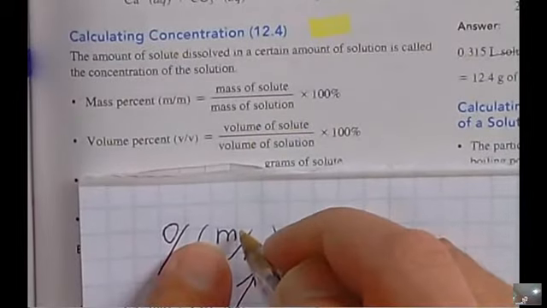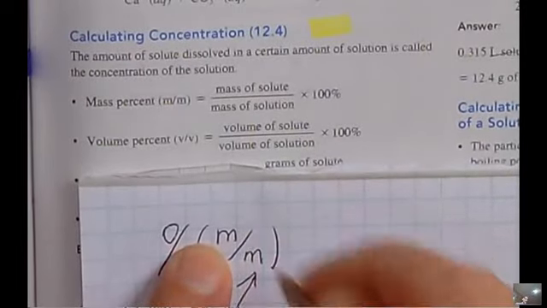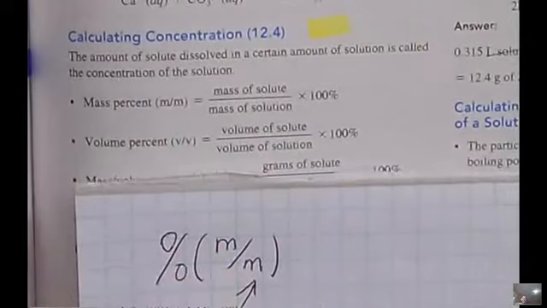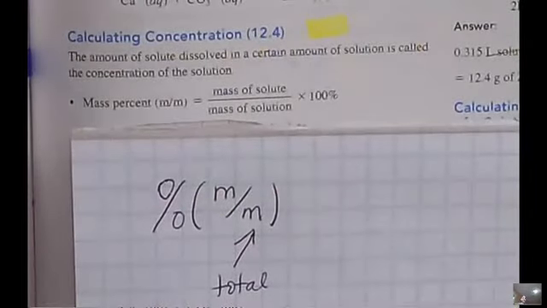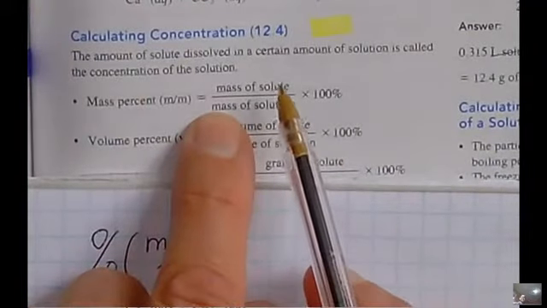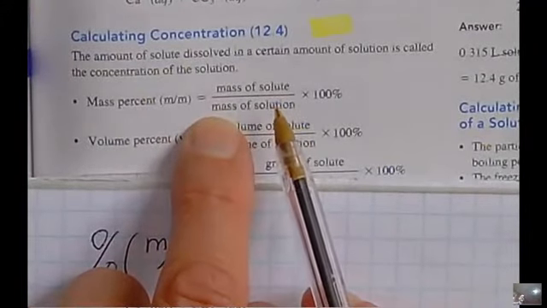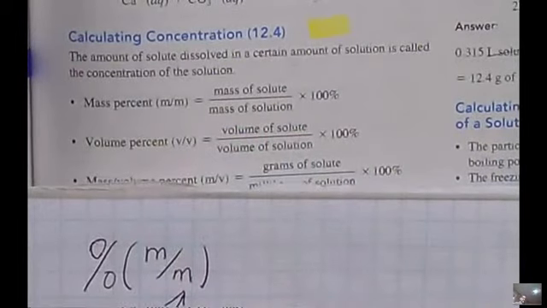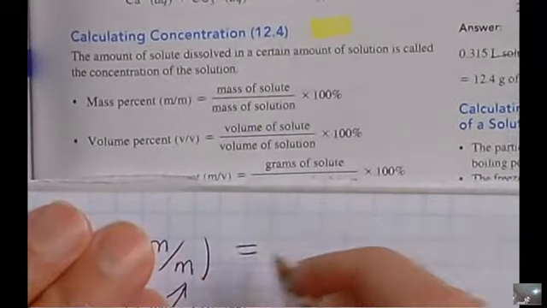In the numerator is the mass of the substance that you're interested in, the mass of substance A. So the bottom is the total. So let's take a look at the formula. All you need to do is take the mass of the solute and divide it by the mass of the solution. So our first example that we just talked about is if I had 50 grams of sugar,